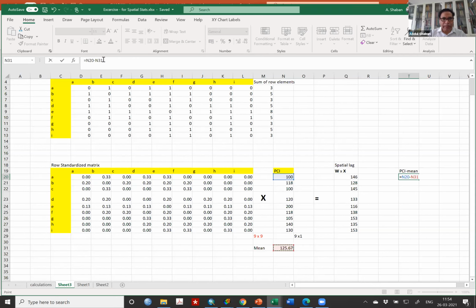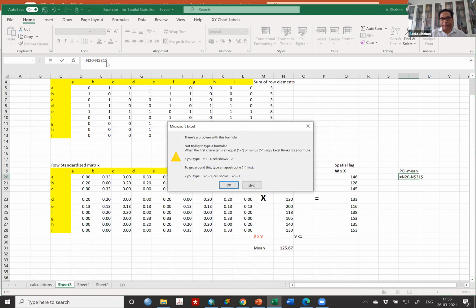But N3 needs to be constant for all. So what I will do, like you have put the $ for the column, here you can put the $ for the row. So that N3 is blocked. Just look at N$31. This means the same value will continue to be blocked. So if I,